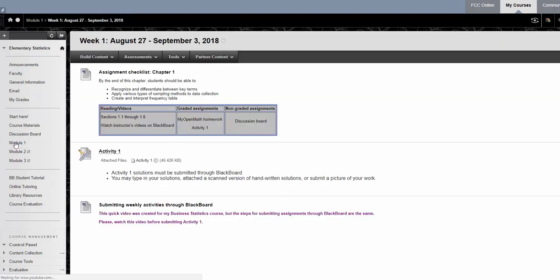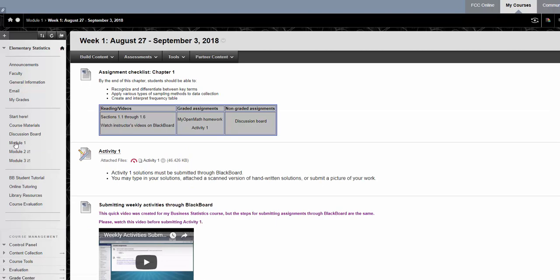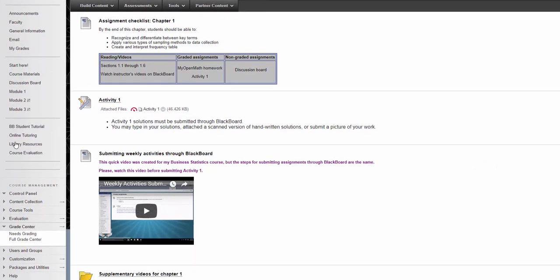Week 1. Okay, so here's your layout, and you can see that for week 1 you have your checklist. You can always check, have I done everything for this week? We have some reading and instructor's videos. That's what you need to do before attempting any of the graded assignments. Then my open math homework,